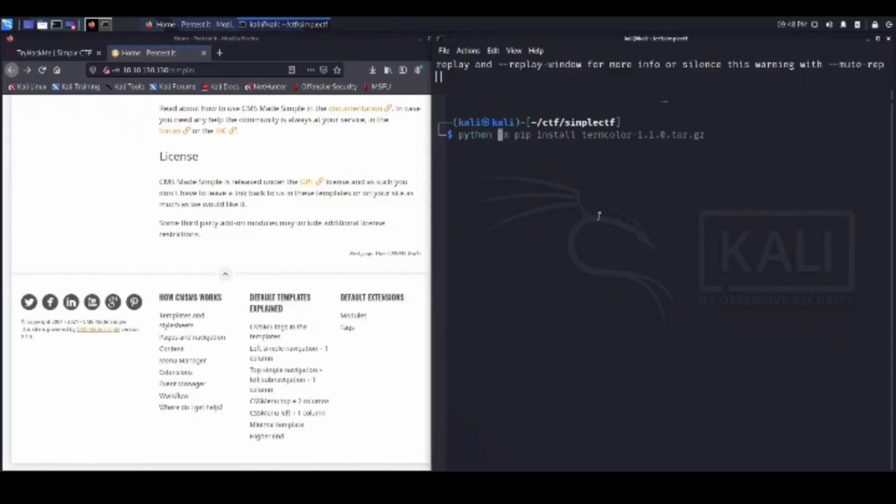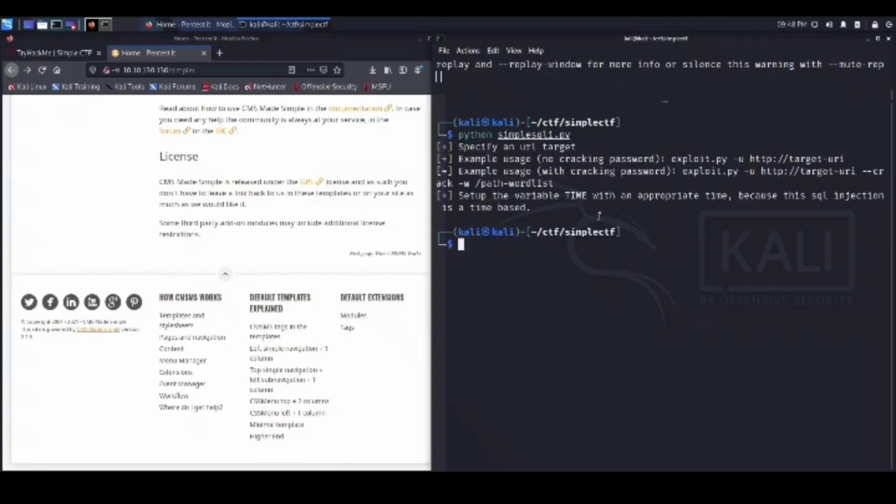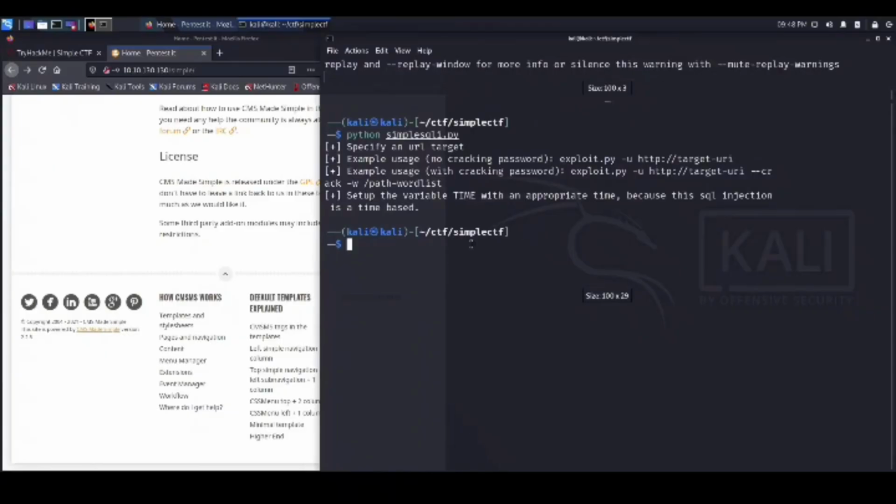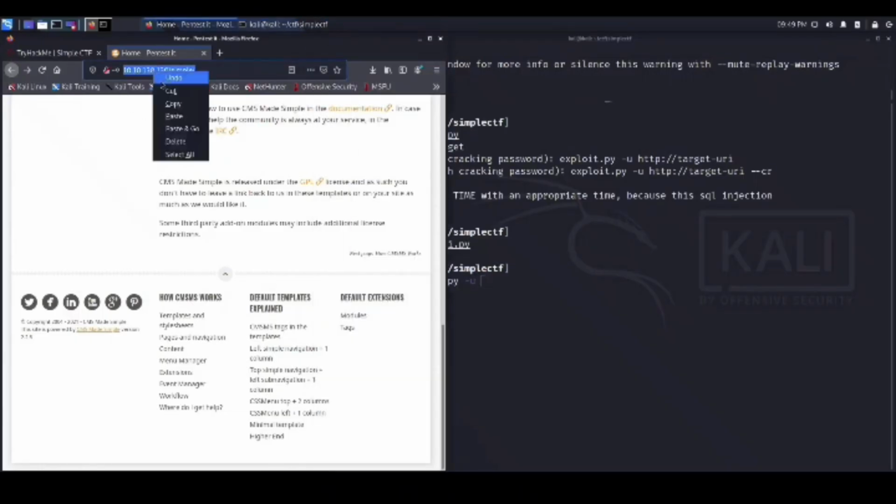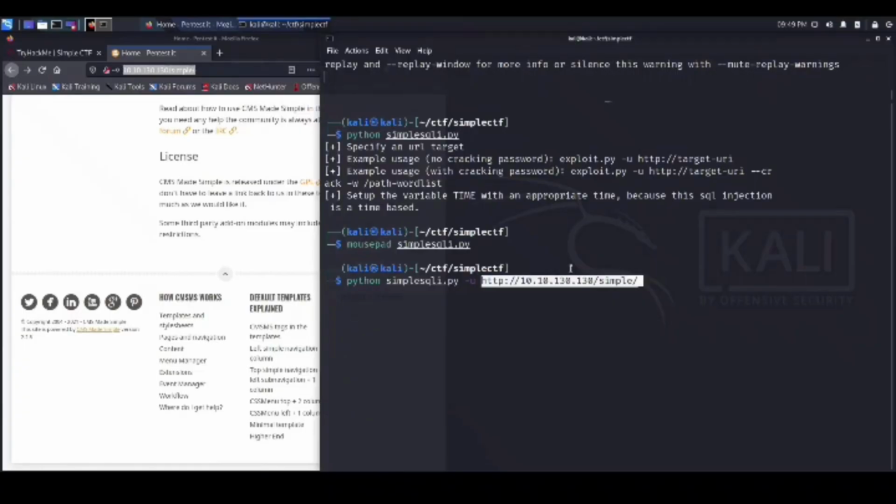So I can type python, and I can type that simple_sqli.py and press enter. And as you can see, it tells us to specify a URL, and it also gives us some usage. So let's type python simple_sqli, and now it needs a URL target. So we can type -u to provide a URL, which is this URL right here. So we can copy paste it there. And then we can also tell it to crack with the word list. So we can tell it --crack and with the word list, and our word list is